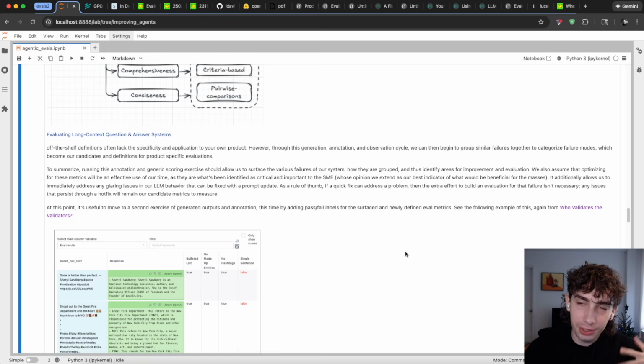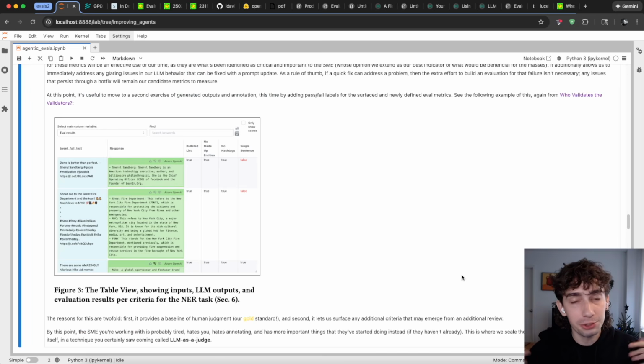So at this point, with some of our surfaced evaluation metrics defined, what we can do is, if things are relatively an easy fix, we can go ahead and push a hotfix, change a prompt a little bit, and try and address them. If that does solve most of the issue, then we're good. But for those failure modes that still persist even through a simple hotfix, we are going to officialize those as our metrics to evaluate. At this point, it's beneficial to do another round of annotation, where instead of just having a pass or a fail, we list out our various metrics that have been surfaced